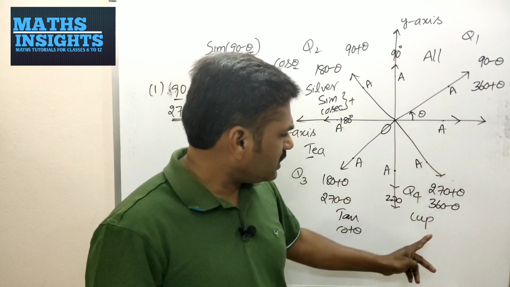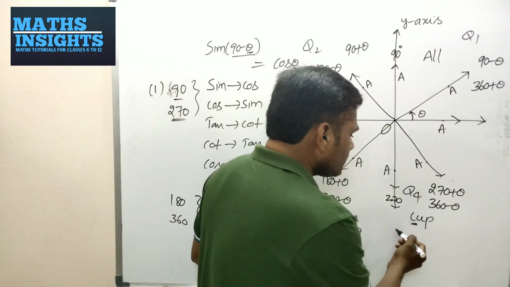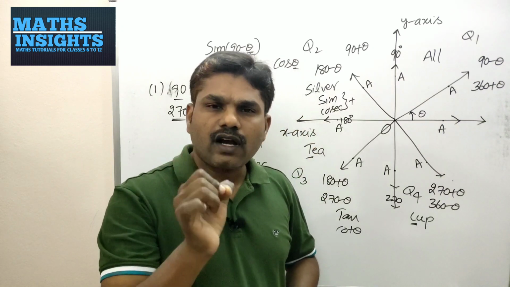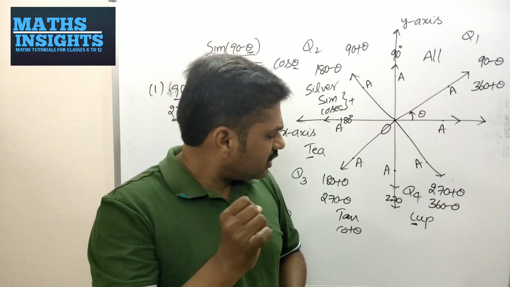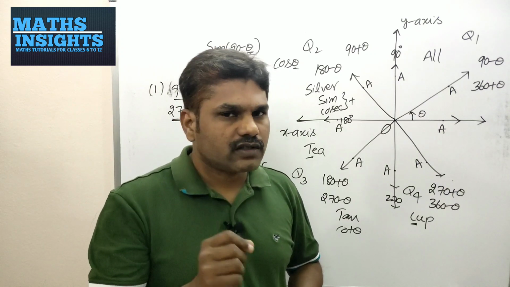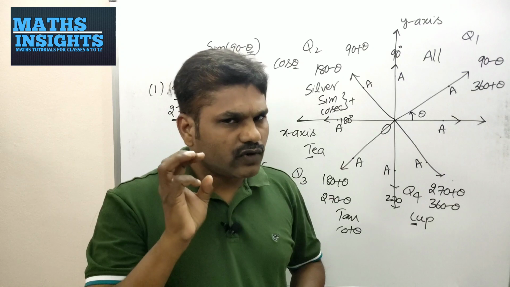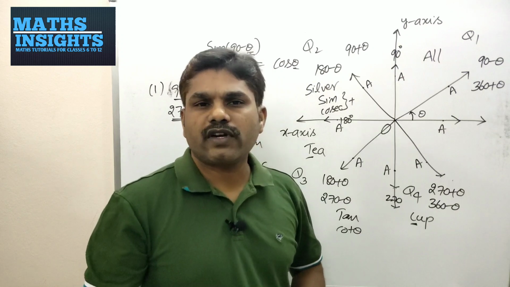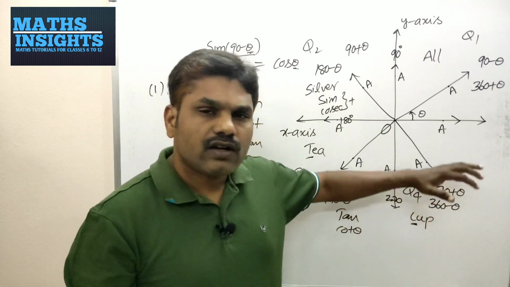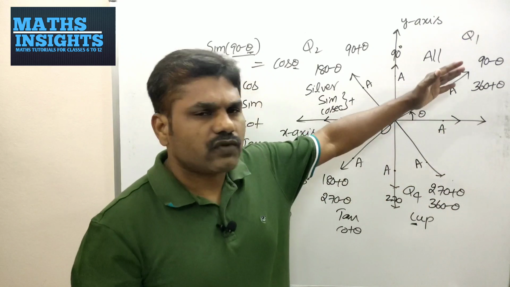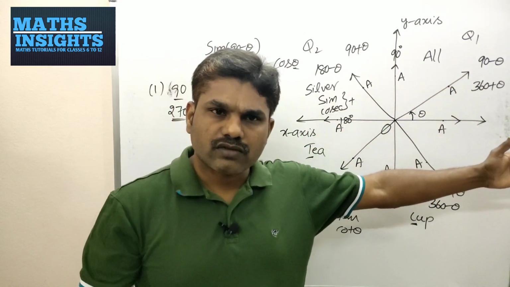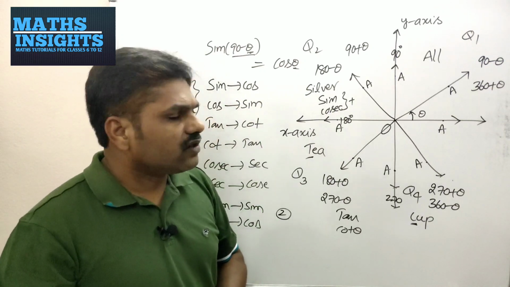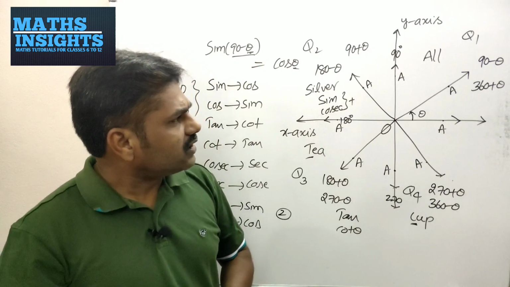Coming to the fourth quadrant, this is cup, meaning the trigonometric ratio which starts with the letter C and its reciprocal. The trigonometric ratio starting with C is cos and its reciprocal is secant. Therefore, cos and secant are positive and the remaining 4 trigonometric ratios are negative in the fourth quadrant. Then coming to the first quadrant, again all are positive. If you keep these 2 points in your mind, then we can find very easily what the trigonometric ratios are